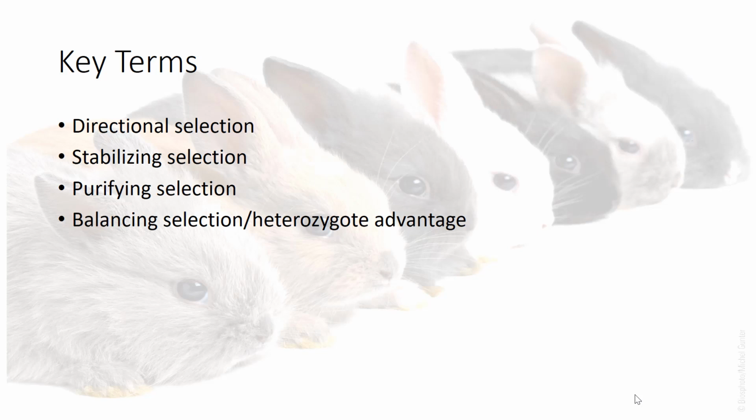And this is often due to heterozygote advantage, where, typically in our other selective mechanisms, we're looking at one genotype increasing in frequency at the expense of all other genotypes. But in balancing selection, that's not what happens. We maintain a certain amount of each genotype,